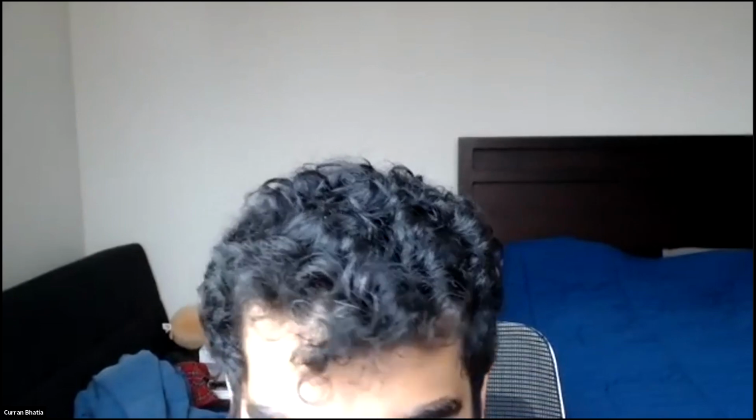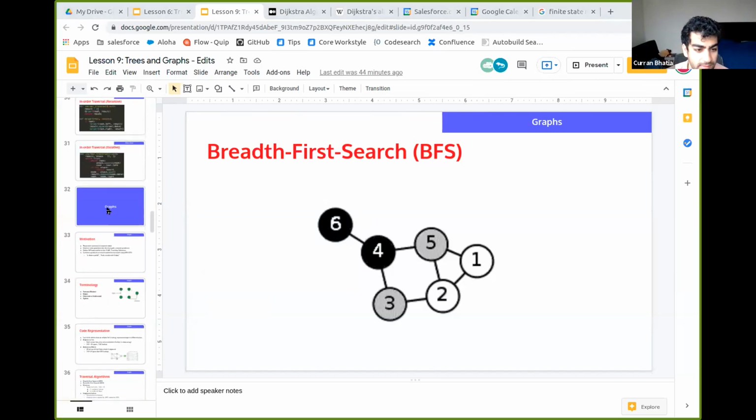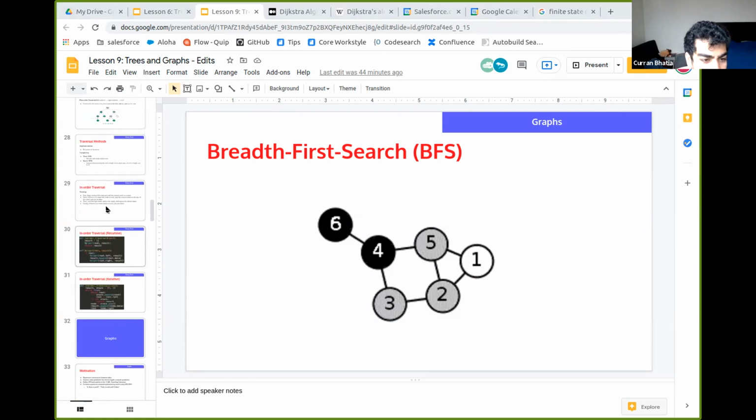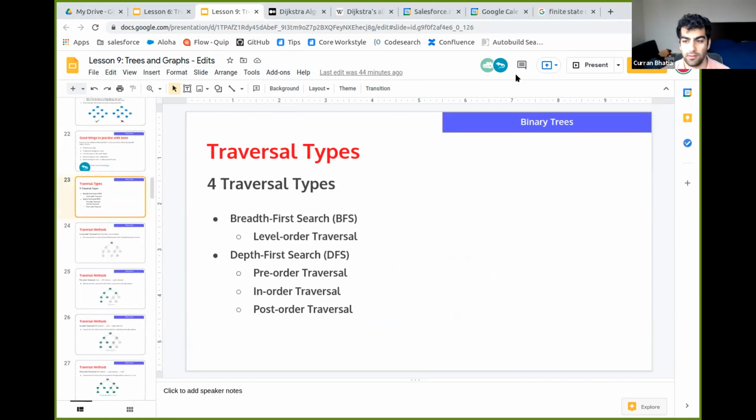One second. Sorry, I'm very not used to Zoom, especially when it's on Ubuntu. Okay, cool. So everyone can see the slides? Yep. Cool. Now I'm going to go to here and then present.